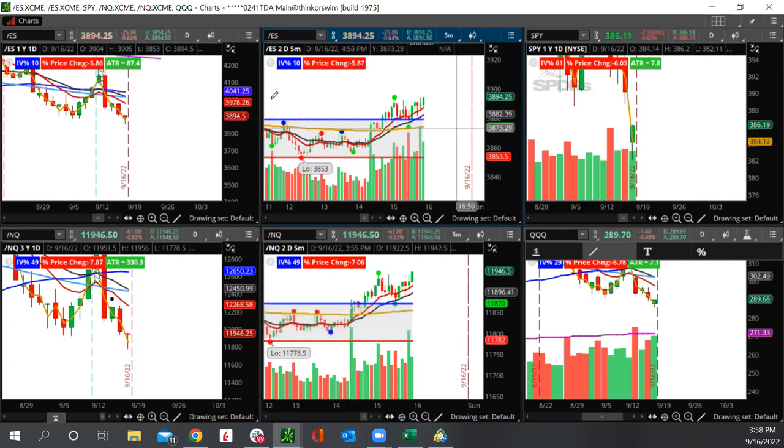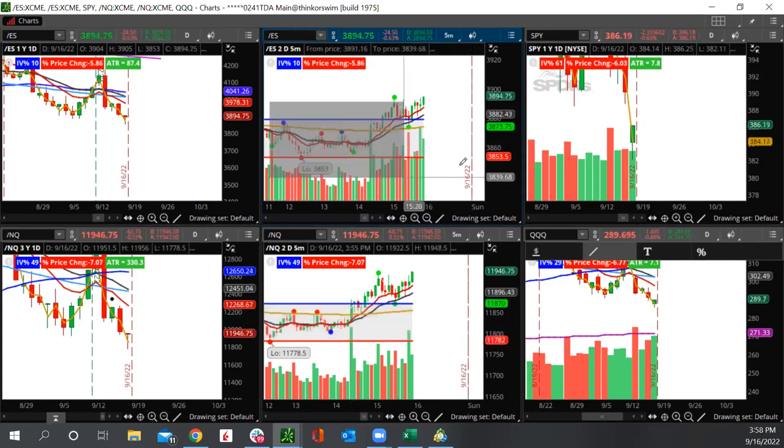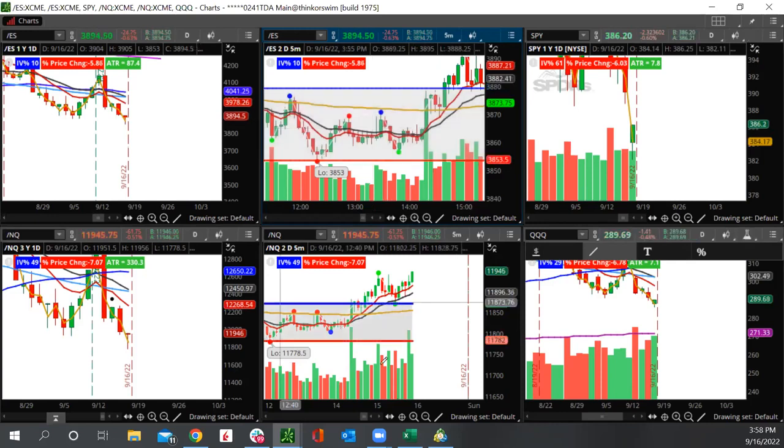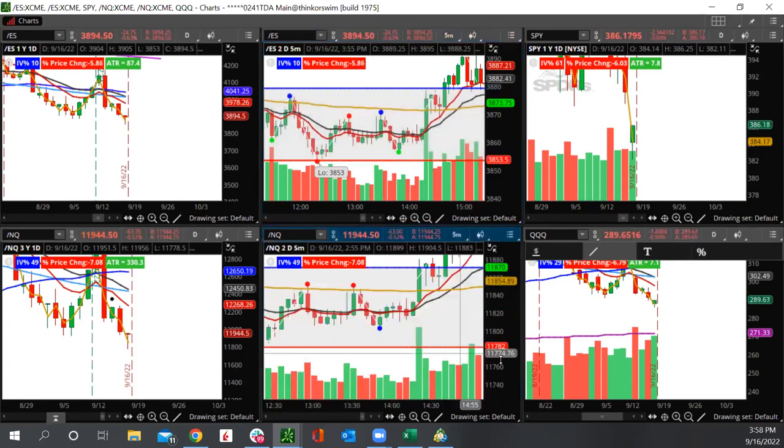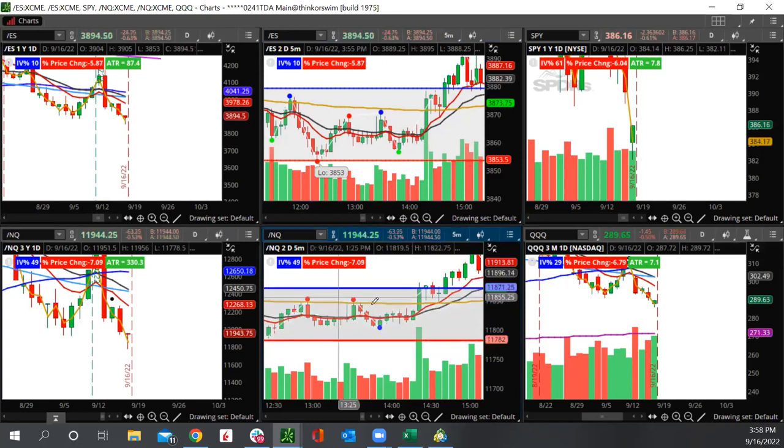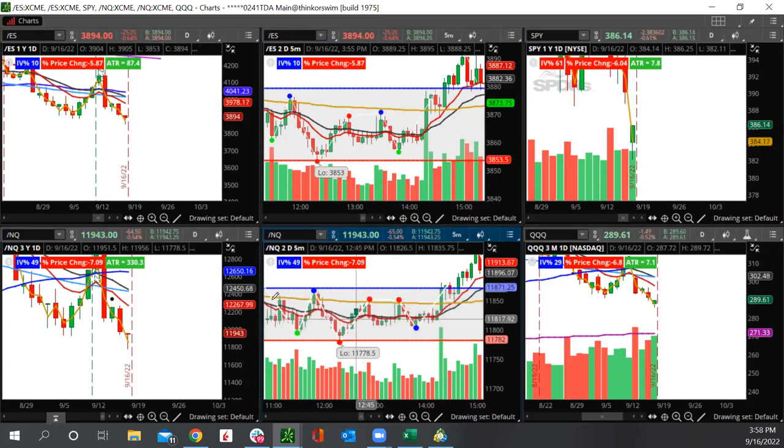When Jeremy was talking previously, we were really just in a channel, right? All of this price action here was just in some choppy channel. Even though we got above it a little bit here, below it here, we're still just in this channel. But then all of a sudden, if you had drawn some horizontal channel lines here, once the markets started to break and get out of that channel,